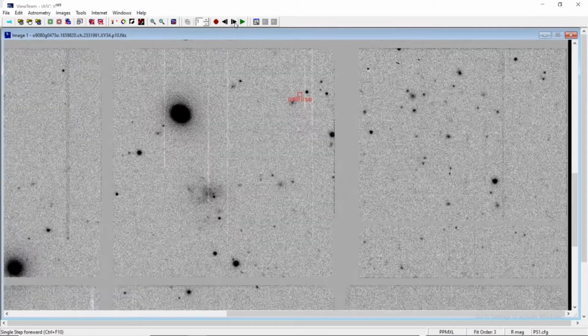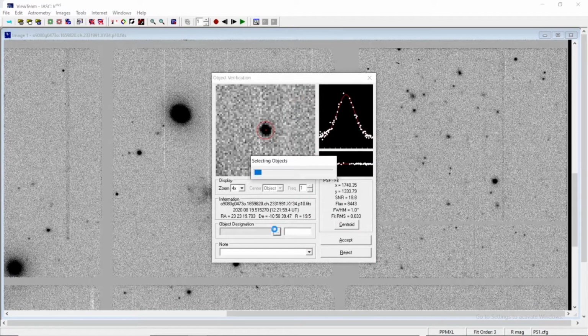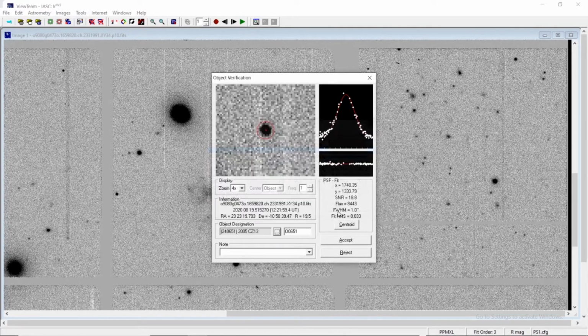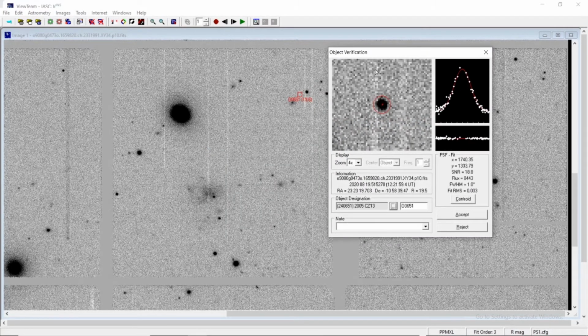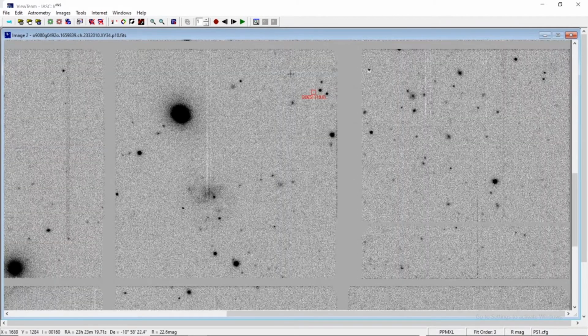For the 3 image sets, you have analyzed it and you have found the properties concordant with the acceptable parameters. So what you do is you put your crossbar there, go for the object designation, and this object has already got a 5-letter designation. You select the nearest object and see whether this object which is shown here has got the same name here, and this name should not change. Accept it as it is. Move to image number 2. Again put your crossbar here.